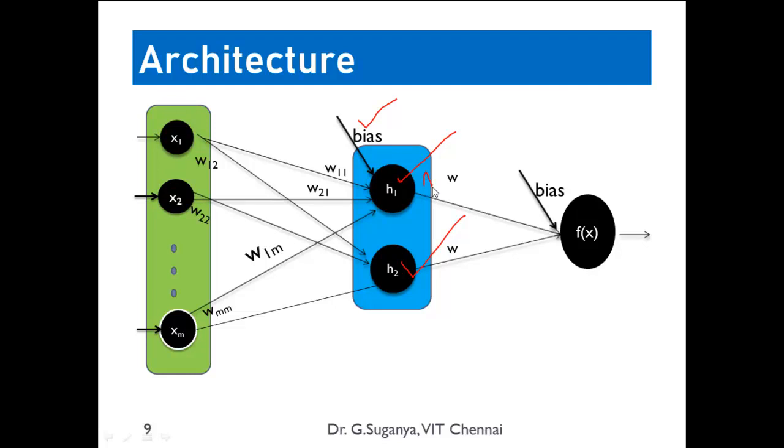Let's say if the result is 1, for example, if it is a binary class, this again will be multiplied with W, and summation, that is the output of H2 will be multiplied with this weight, and finally it will be summed up with the bias, and that will be the final input to your activation function, and the result of the activation function is what we call your output.